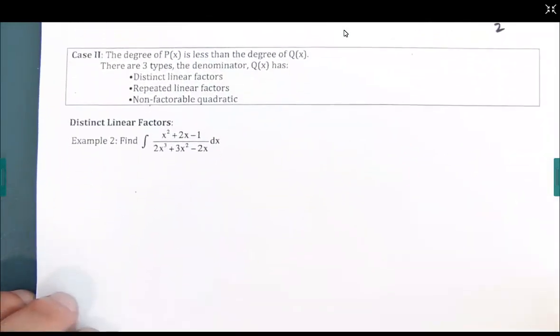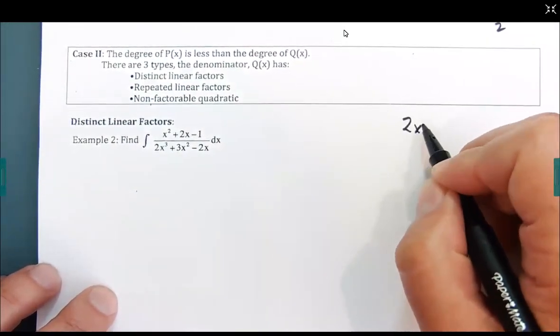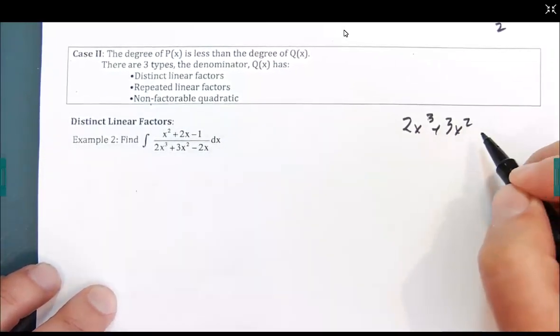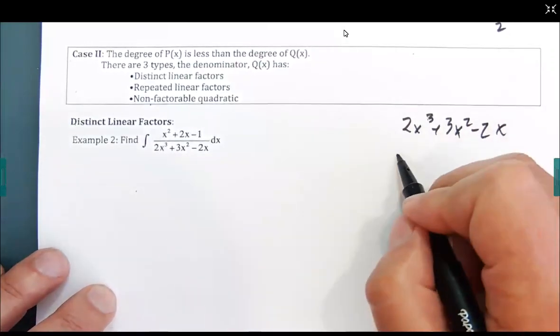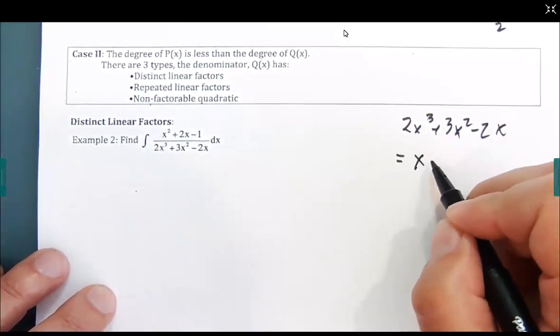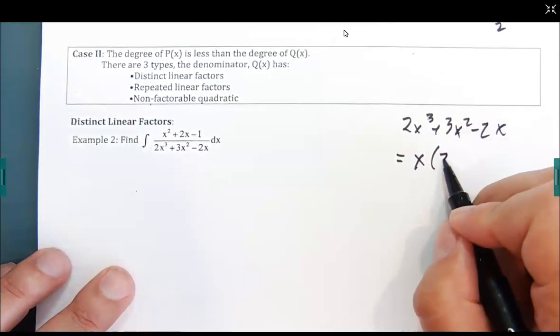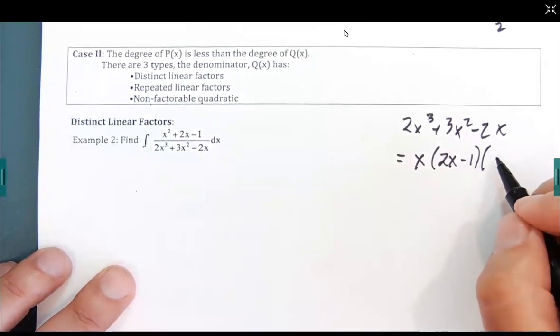So off to the side, I'm going to come here, 2x cubed plus 3x squared minus 2x. And I'm going to factor that. That becomes x times 2x minus 1